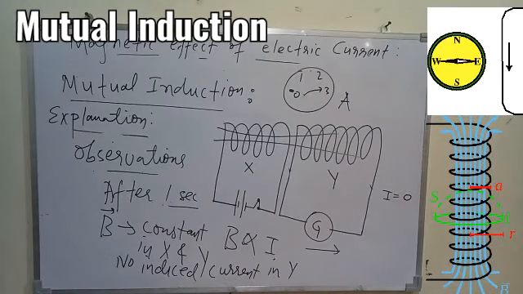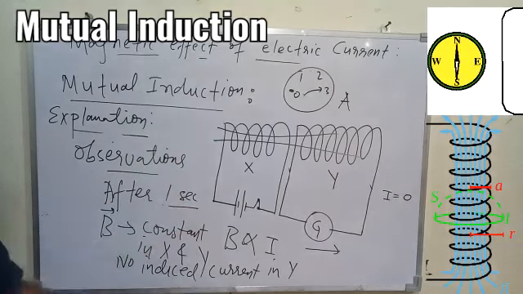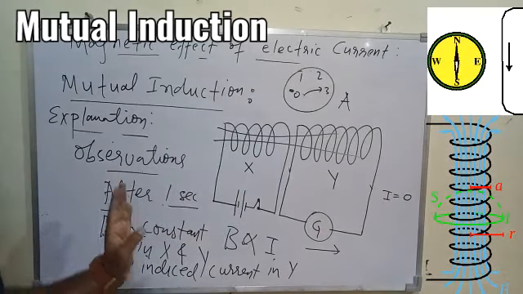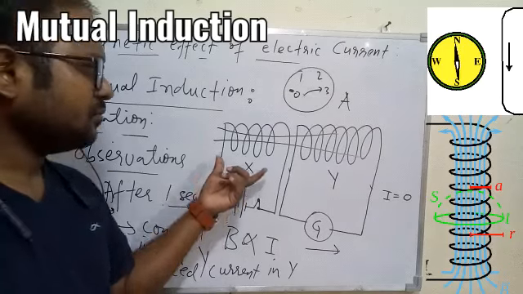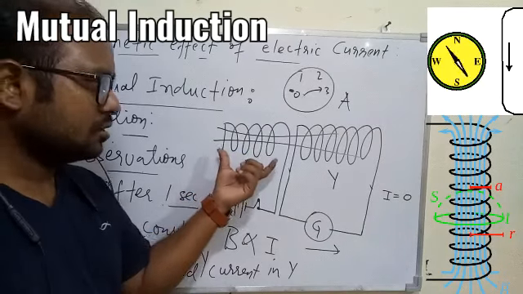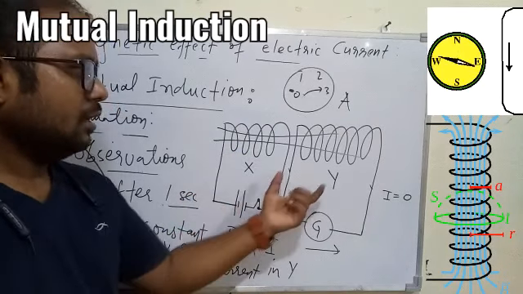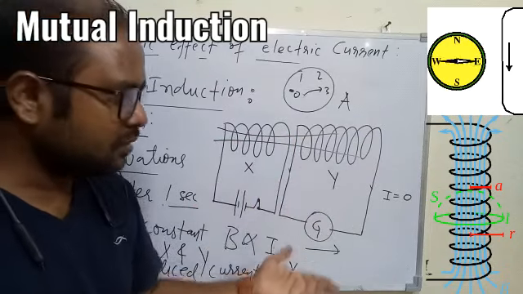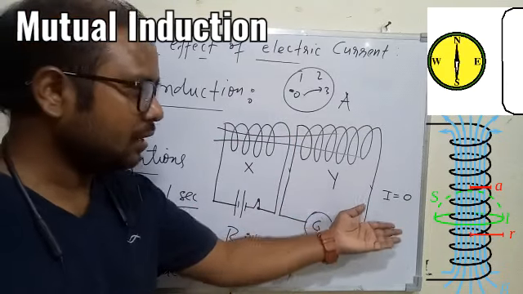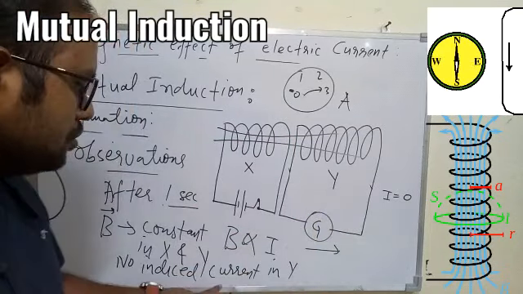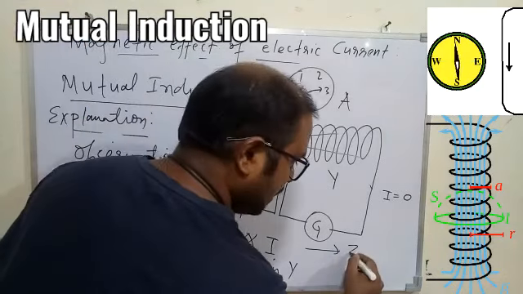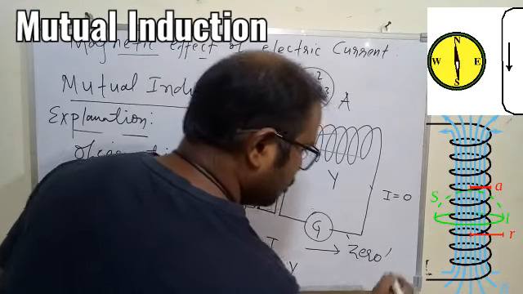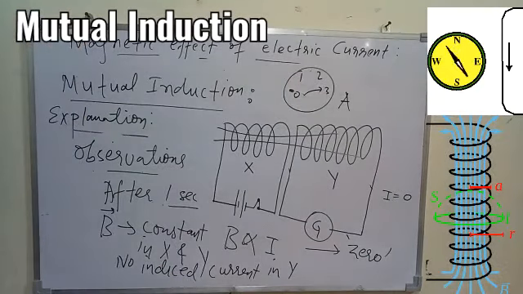I hope you understood. So we started with switch on the circuit. Now the circuit is switched on. X is still behaving as a magnet, but since the magnetic field has become constant because of a constant current, the magnetic flux through Y is not changing, and since there is no change in the magnetic flux, we know there will be no induced current. So now the galvanometer will show you 0 reading. So here we can say it will show you 0, no induced current. So I hope you understood this much.